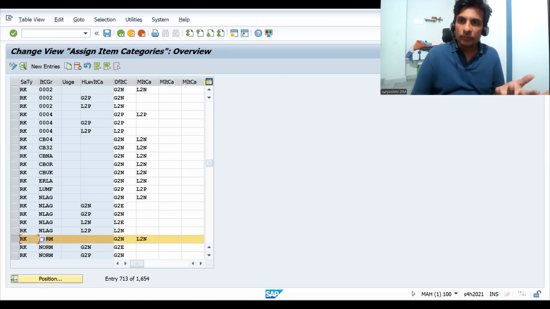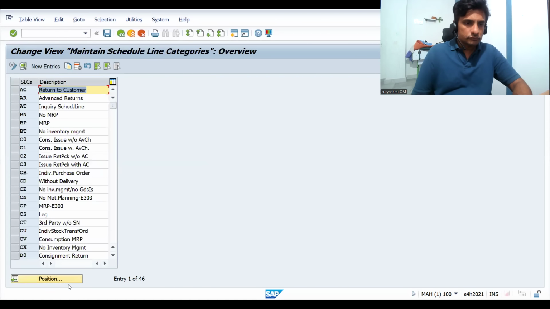Suppose you copied RK as YRK or ZRK, so the default should be credit memo item category. Once you maintain it, how the code will control that, we are going to see later. Okay, so now let's go to credit memo, G2, and there is nothing to explain, but still I will open it for you. Okay, so this is schedule and category. Okay, let's go to